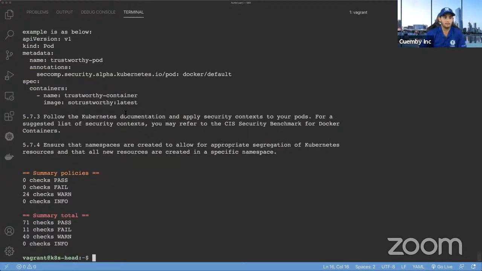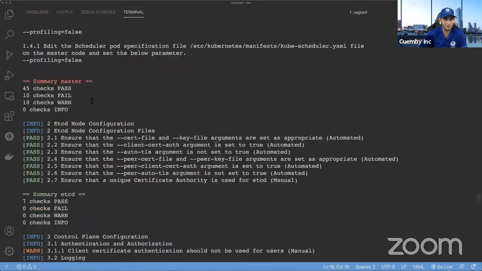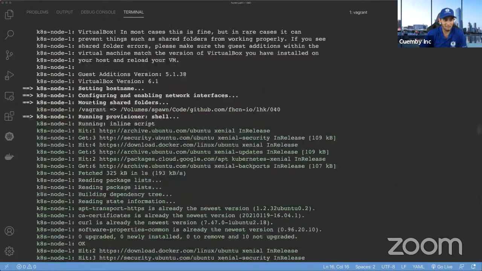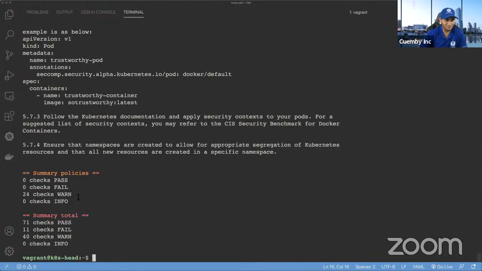Boom. And then it's telling me that I have the worst cluster ever, because as you can see here, in the policies I have like 24 warns, and then I have 71 that pass, but then I have 11 that fail, and another 40 warnings.